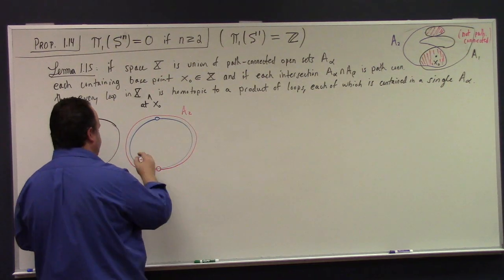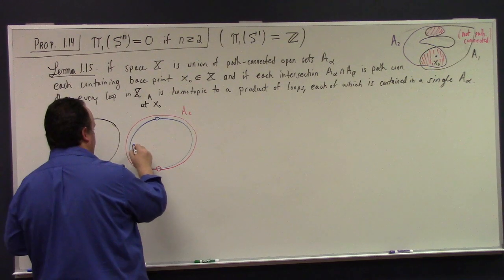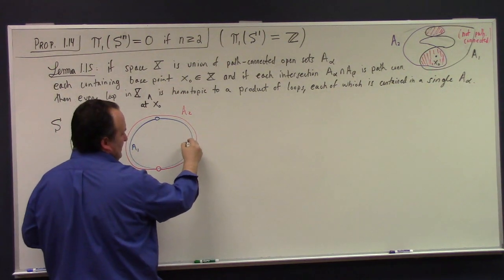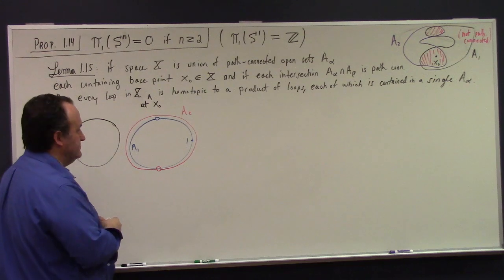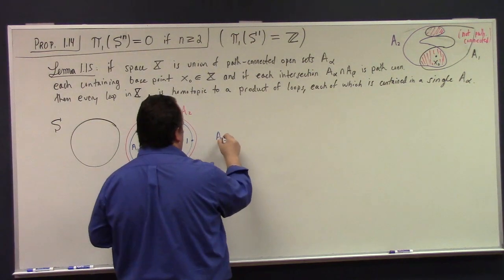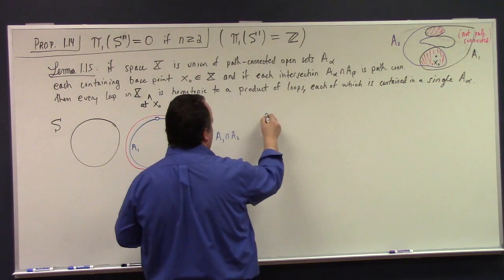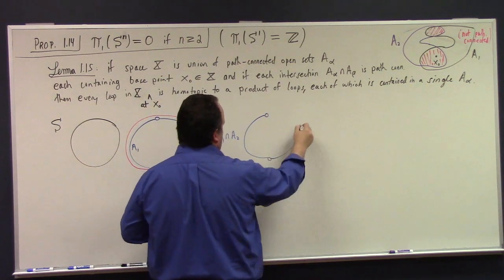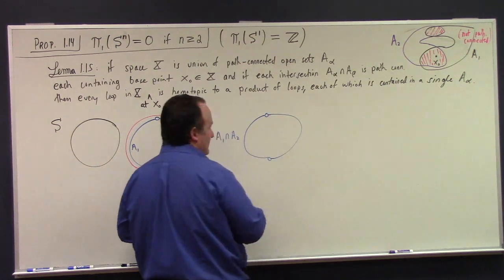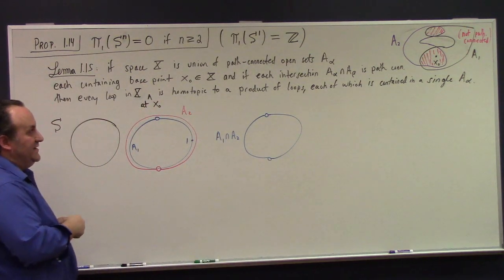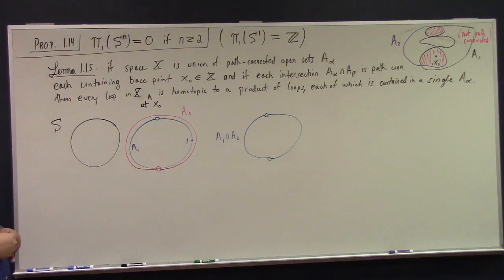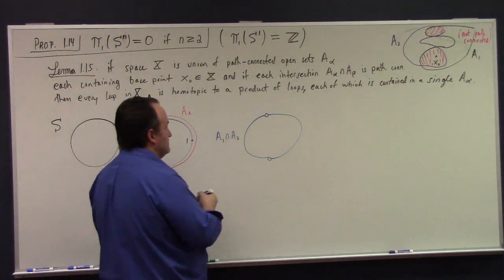What's the intersection? Maybe we can make 1 the base point. So A1 intersect A2 in this case is that, which does not meet the conditions of the lemma, right? However,